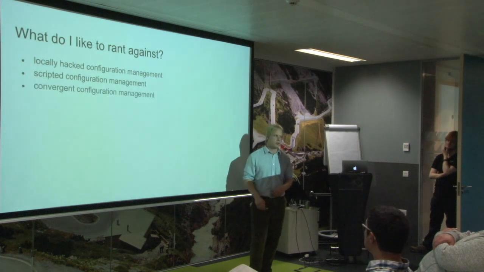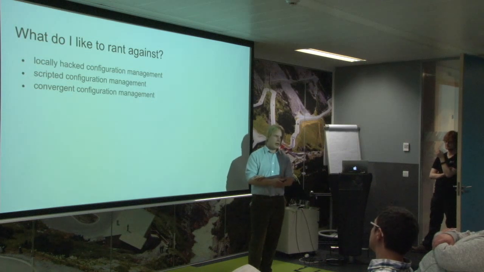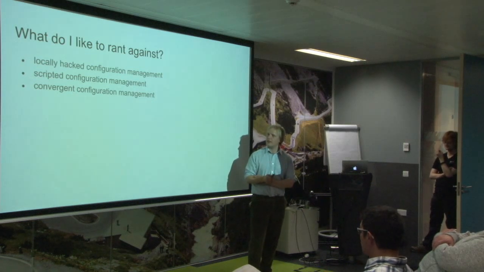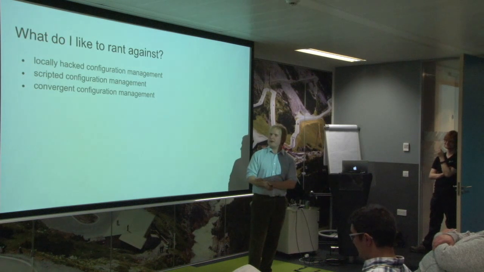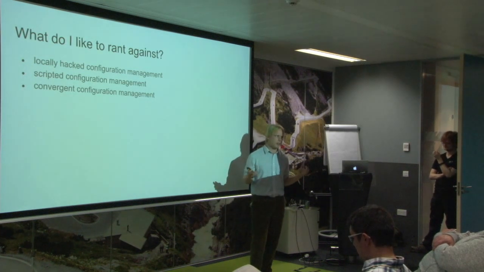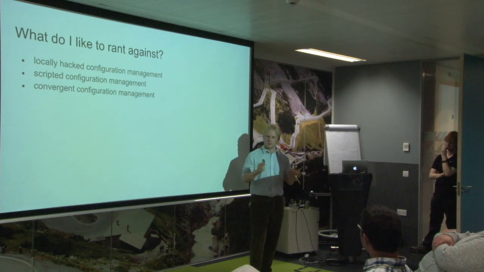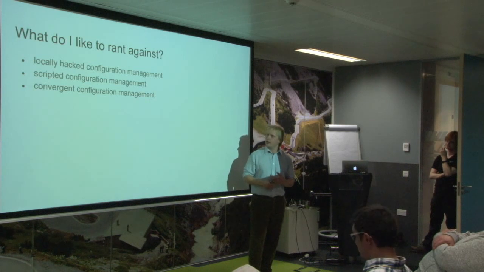So therefore, we all seem to have settled on convergent configuration management with your Puppets and CFEngines and chums. Again, I don't like this because it seems a completely bogus premise that computers are in this kind of unpredictable state. They're deterministic. You know how you got them there because you computed it and put it in that state. And if something goes wrong, why should something go wrong?